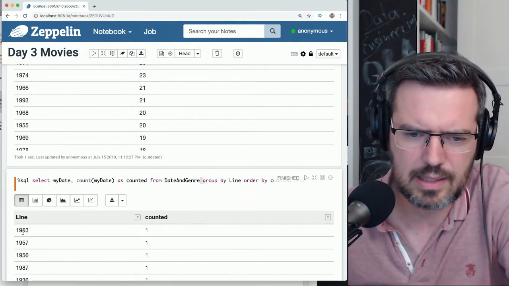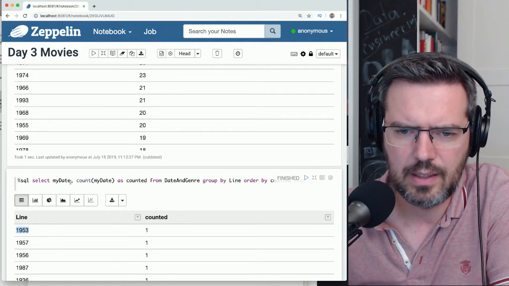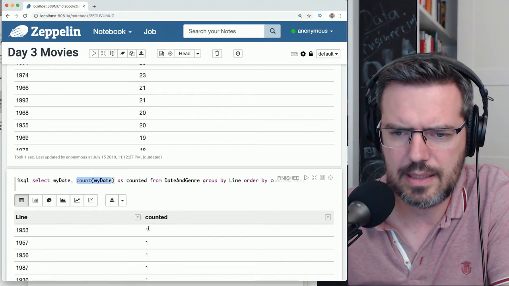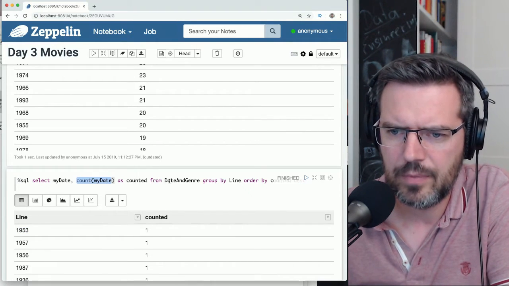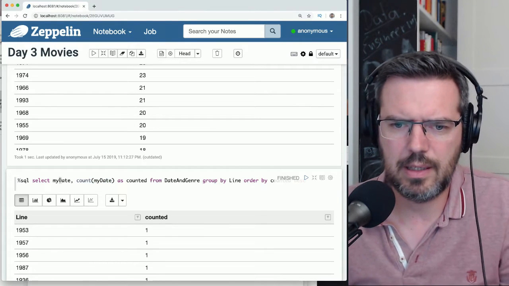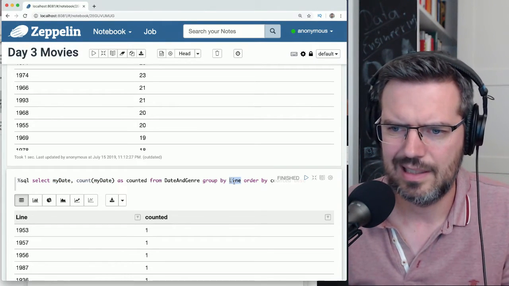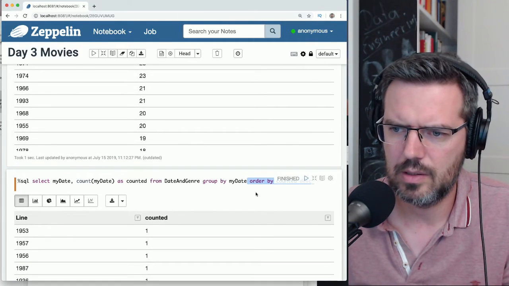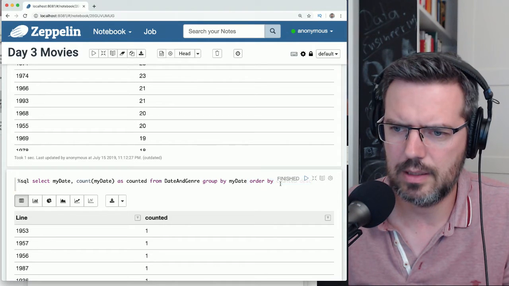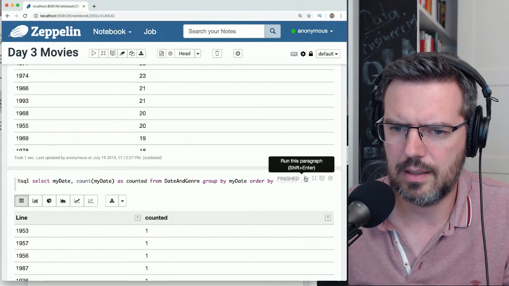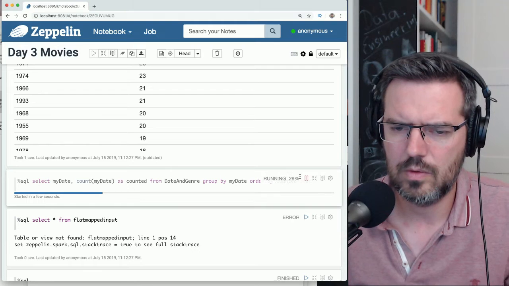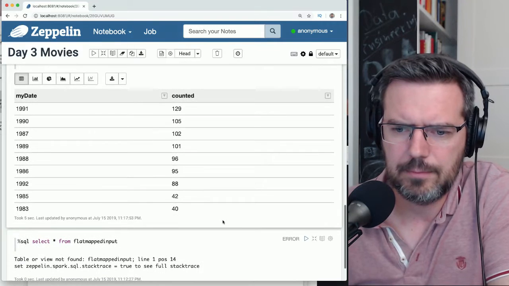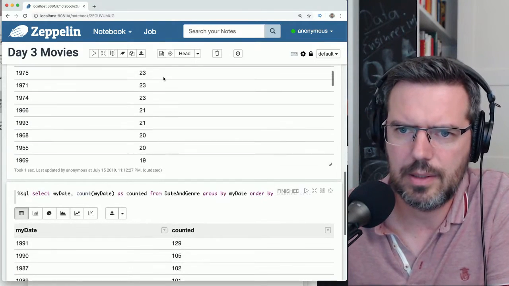So what I want is to print here the date, and a count of this date as counted from genre, and then group it by my date. I'm not 100% sure if this was how it was working. And then order by count descending. Yeah. Okay. Now we're getting somewhere.